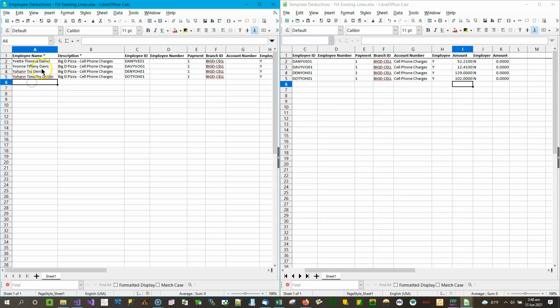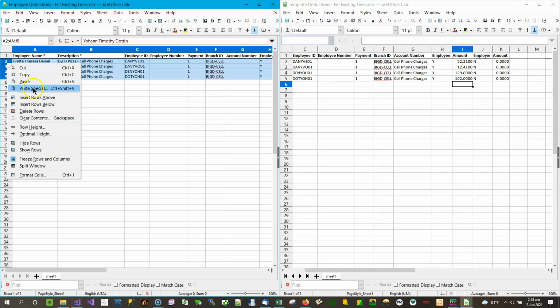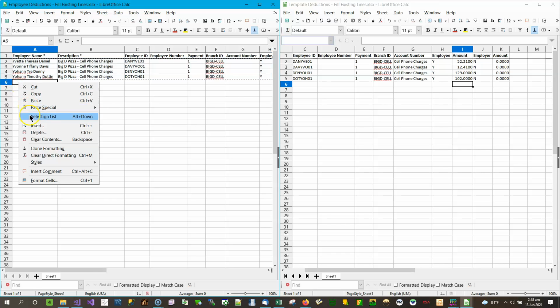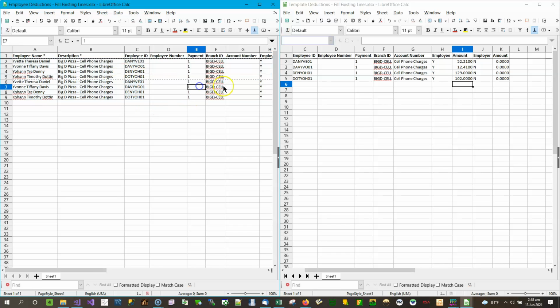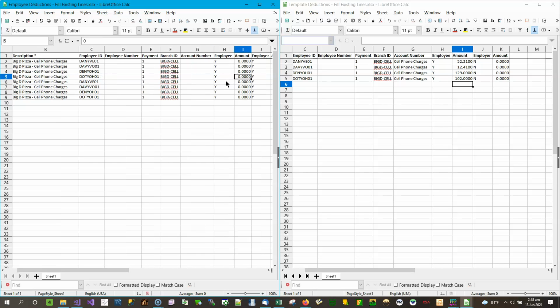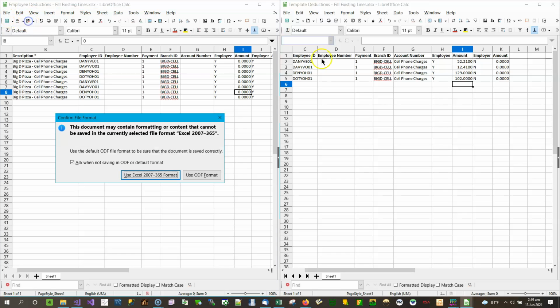I can add more lines. So in the same way, I could have come here. I could copy these, and I could paste them in here. And this could be maybe a different authority branch. Put a different branch ID and enter the amounts for them in there as well. So you've got lots of flexibility. As I said, the Excel is the best option for editing the files manually. Make your changes, add or remove as necessary, save it, and import it. And that, I believe, brings this